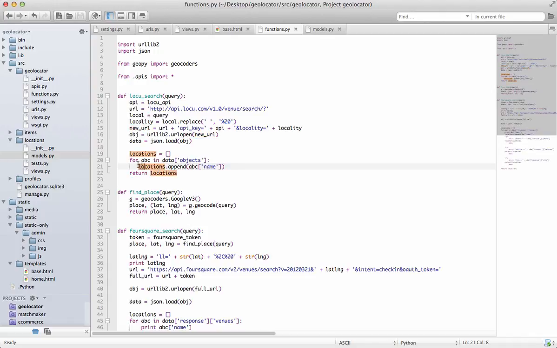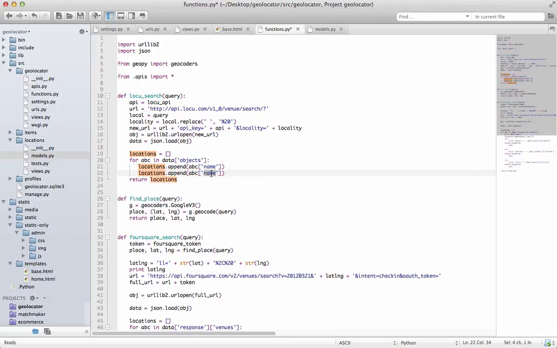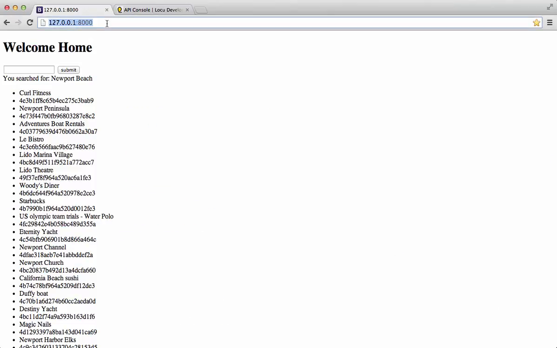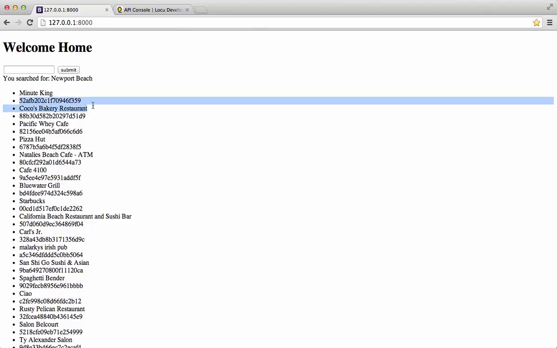Let's just copy this locations here and put it on a new line and then do a new name for ID. So this is getting the ID of the specific place. So if we go back into Chrome and do a refresh for your place, you'll see that it has these ID numbers. So that ID is associated to Minute King,